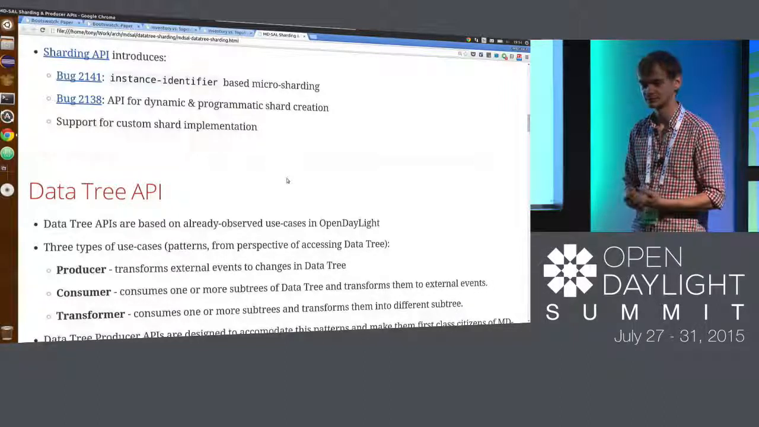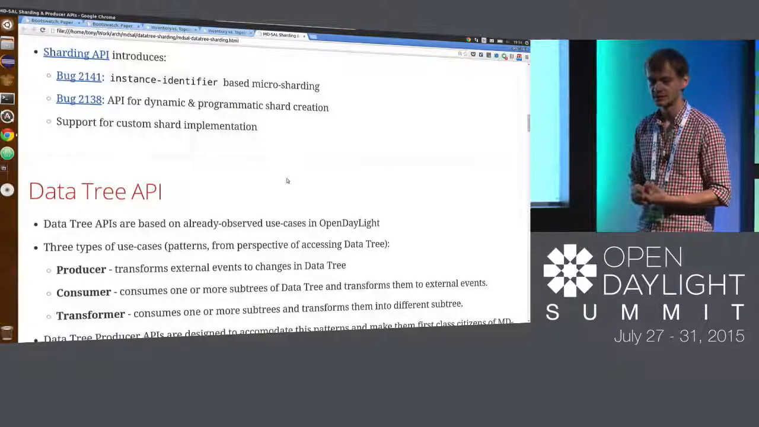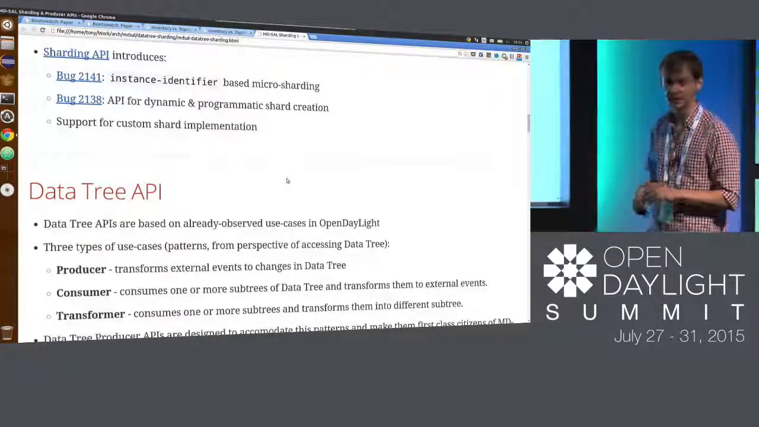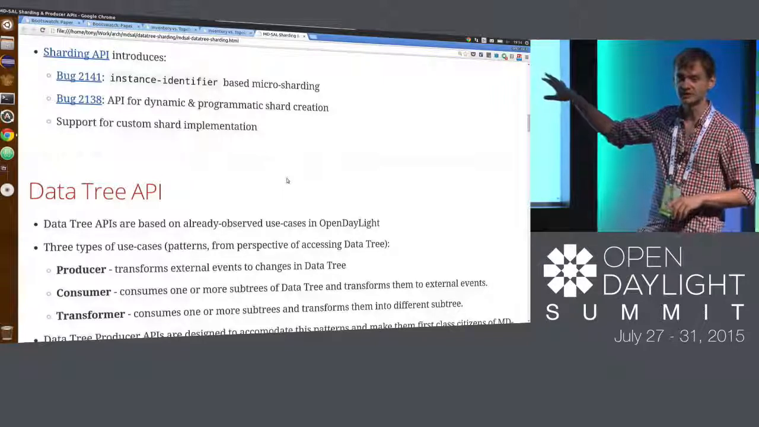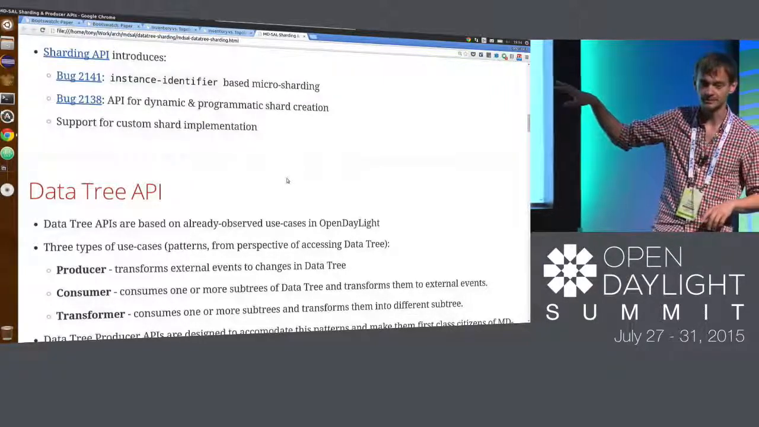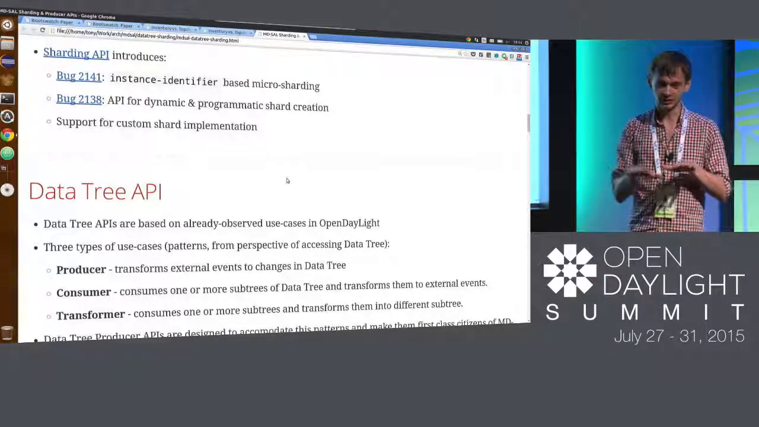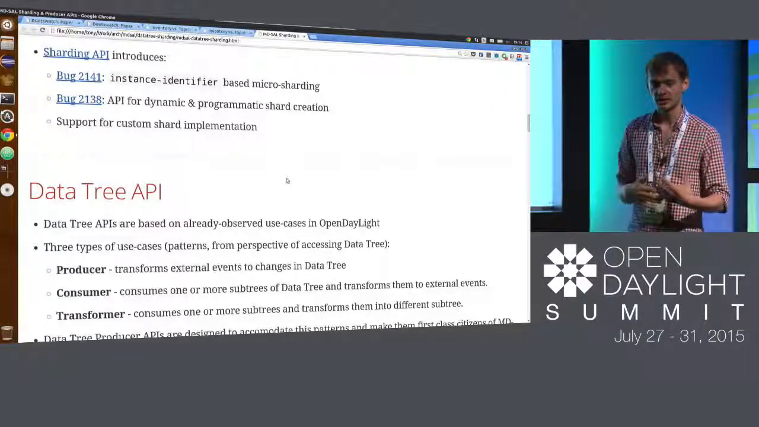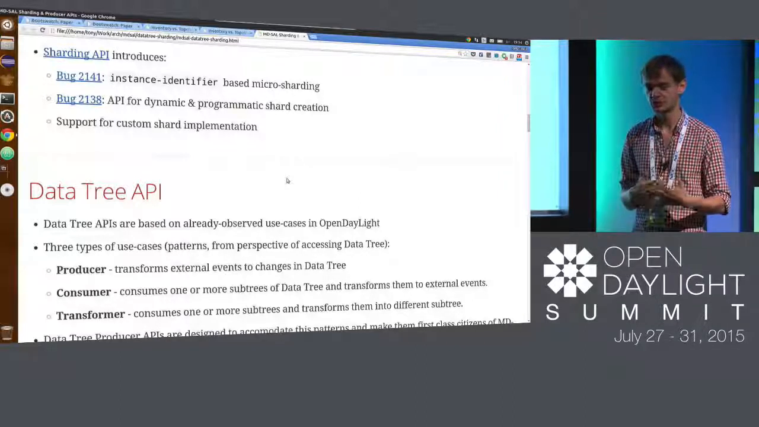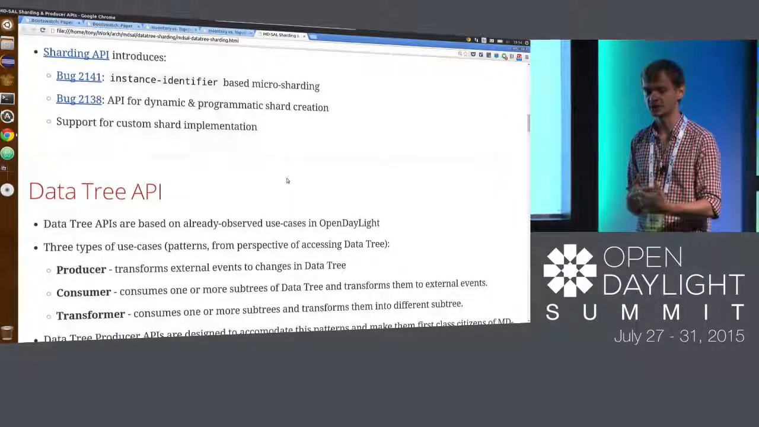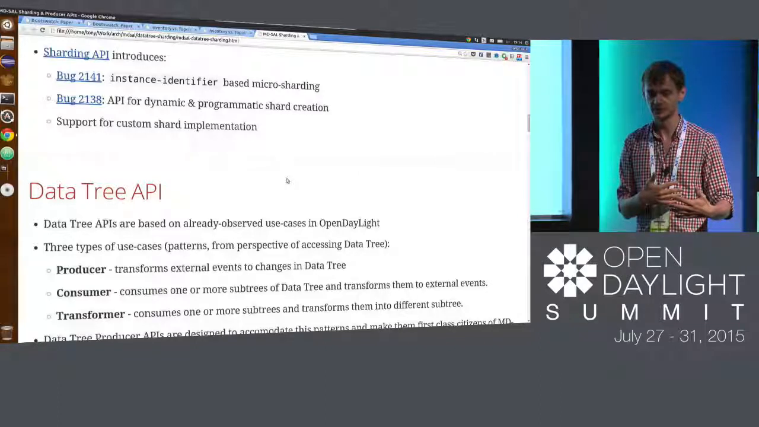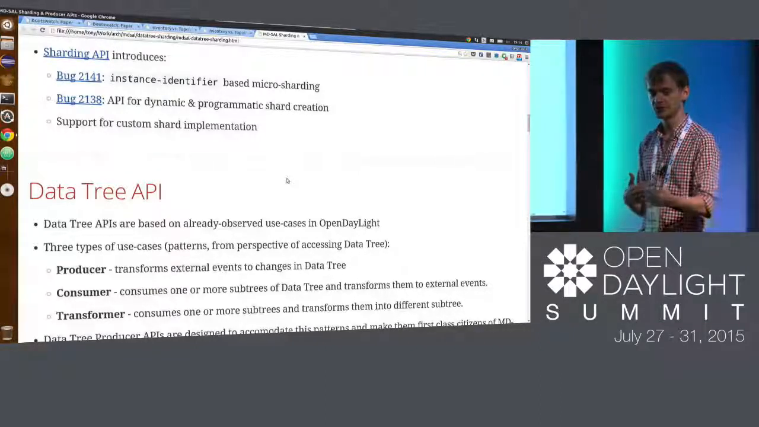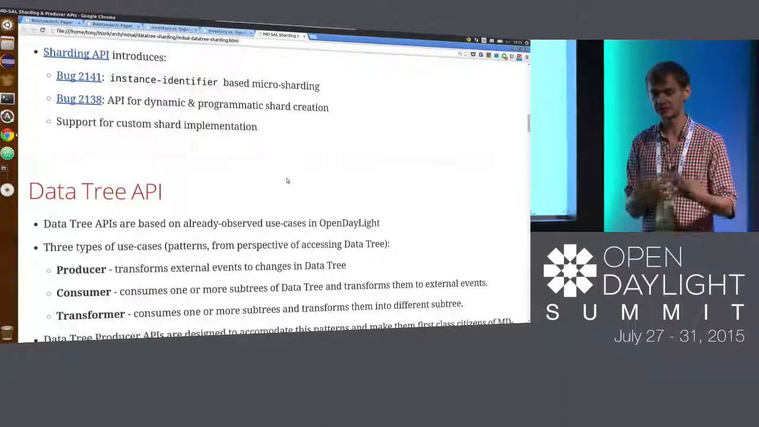I don't see how you can discourage reading from the data store. That's the most basic operation. That's why the idea behind this data tree was for applications like GBP. There is a difference with what type of application you are writing. What we saw is that the current APIs work for the offset 1 applications, which are mostly protocol plugins. But once you go to offset 2, when you are starting to integrate multiple subtrees, multiple types of